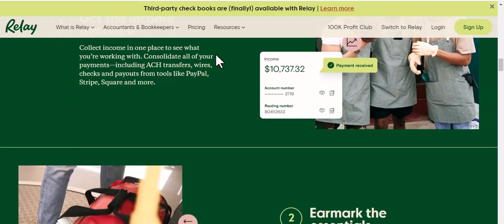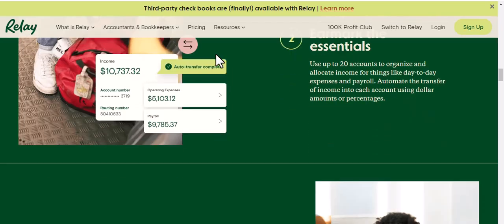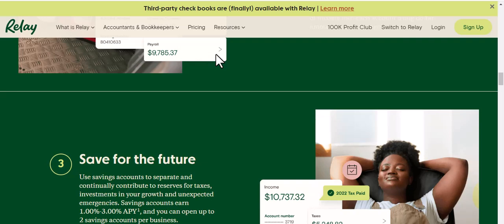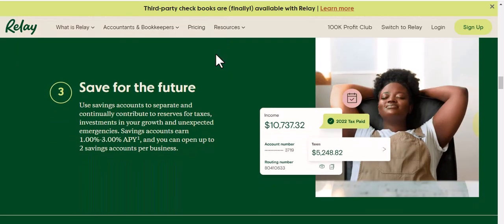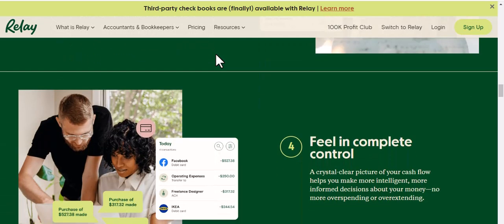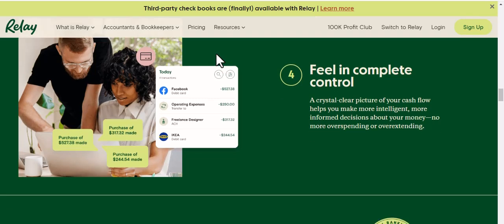This is where Relay steps in. Imagine a financial hub that brings all your business banking under one roof, simplifies expense tracking, automates payments, and provides real-time financial insights right at your fingertips. No more logging into multiple portals, no more guessing where your money went, and definitely no more dreading financial reporting. Relay isn't just another banking app, it's a strategic partner for your business, designed to give you back control and